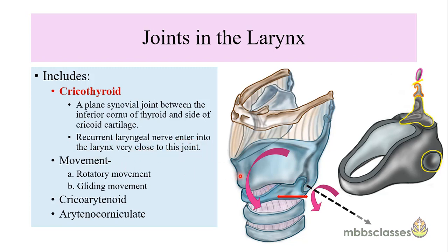And the movements that take place in these joints are the rotatory movement and the gliding movement. The rotatory movement happens in the axis that passes transversely through both cricothyroid joints. If you see the direction of the movement, it is a rotation movement. So when it rotates in the anterior direction, it moves the thyroid cartilage in an anterior and downward direction. So it moves in this direction. And there is also some amount of gliding movement of the cricoid around the lower horn of